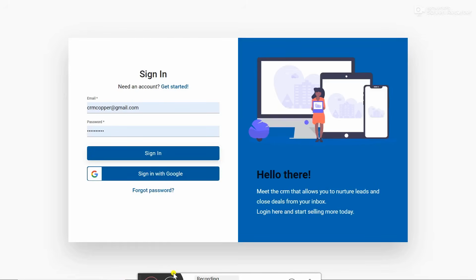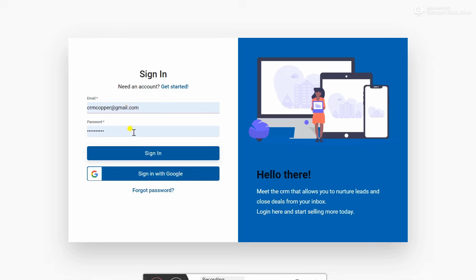The CRM platform encompasses a Google Chrome extension, mobile applications for Android and iOS, and web applications. This CRM project journey involves working together to deliver a customized CRM solution that meets the unique requirements of the client. For demo purposes, I already added a user, so I can give you a better idea of the CRM.